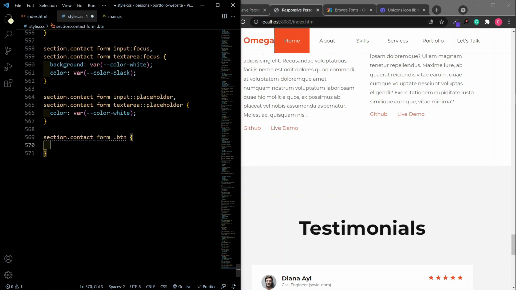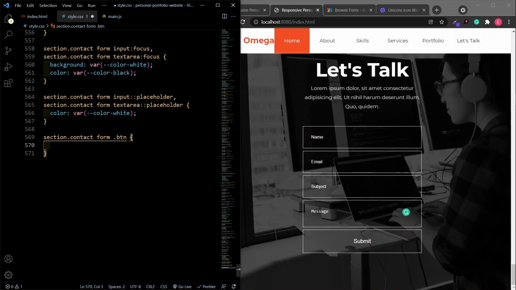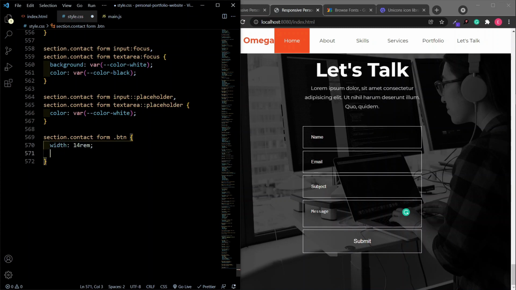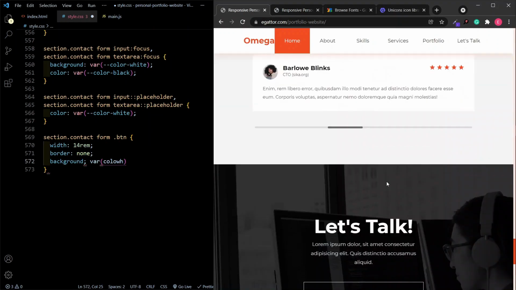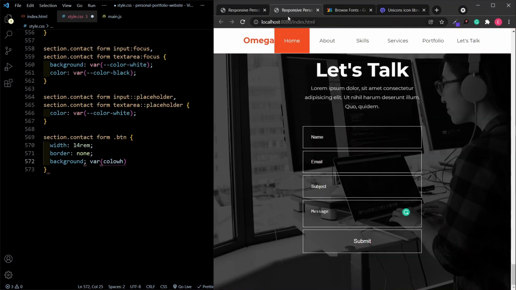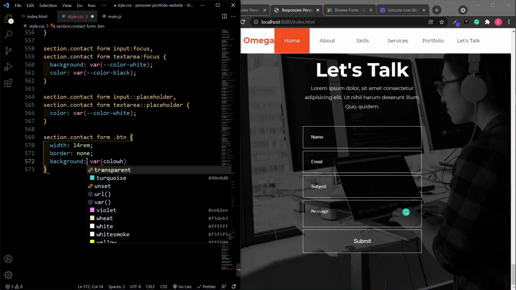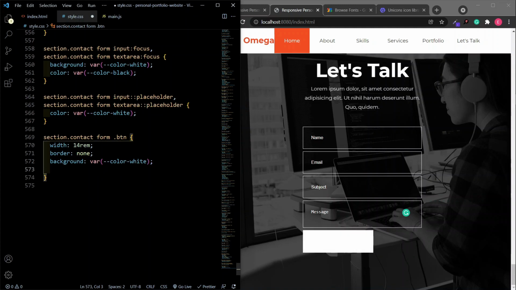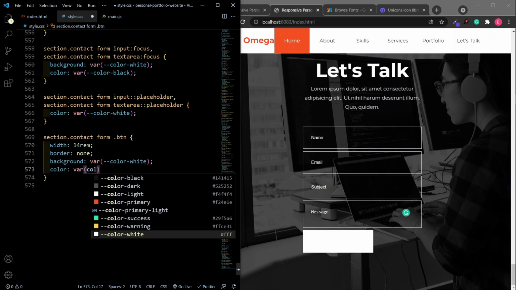Okay, let me give it a width. Let's go down. Let me give it a width of 14 rem. Okay, let me give it a border of none. Let's give it a background of the color white. Let's see what we did here. I'm going to give it a background of color white as we have it in the finished project, color white. Let's change the color to color black,